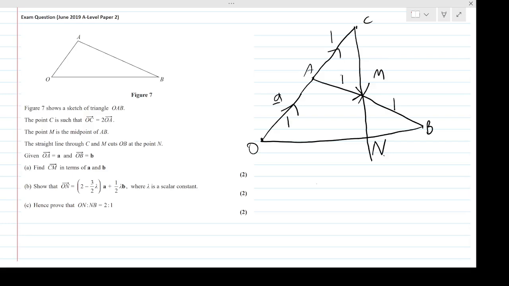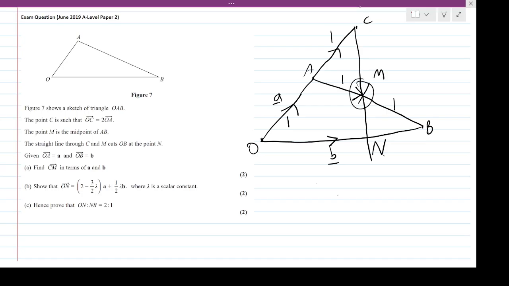So that's vector A from O to A, and vector B is OB there. Right, so a lot of information there. Again, hopefully you are comfortable with how I did this sketch, how I added the point C on, and why M is the midpoint. It cuts the line AB in two equal parts, and that's my diagram of all the information